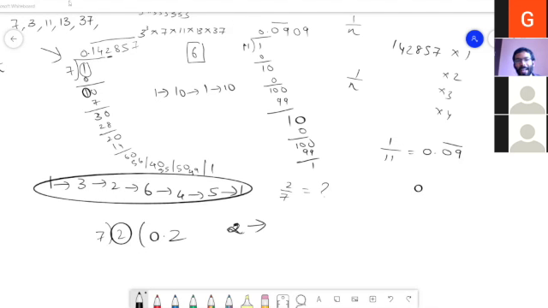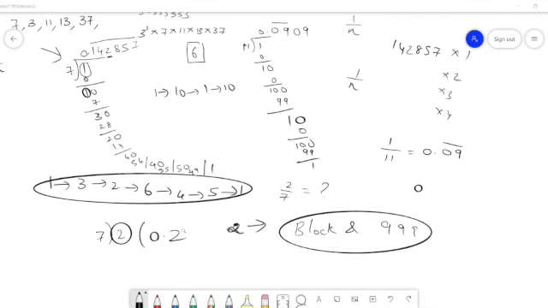Okay, so now again looking at this division algorithm, can we try to create this connection between the block length and the sequence of nines? So if 1 by p gives block size m, and 1 by p squared gives block size n, I'm trying to derive the relationship between m and n. Okay. Oh, now it is clear.